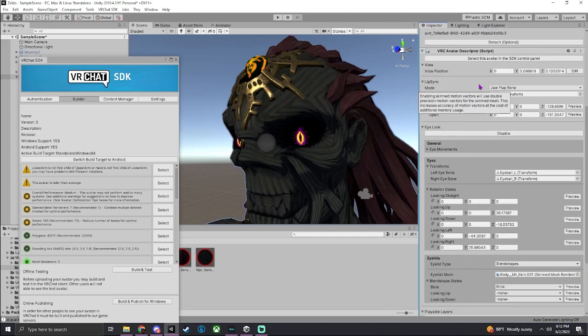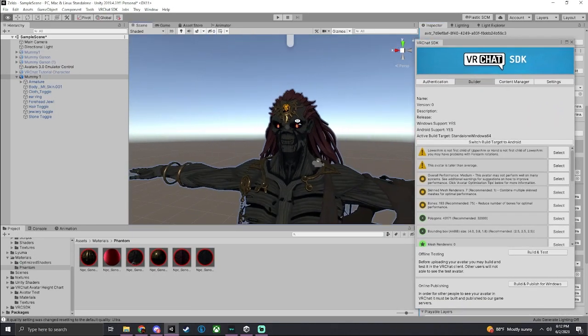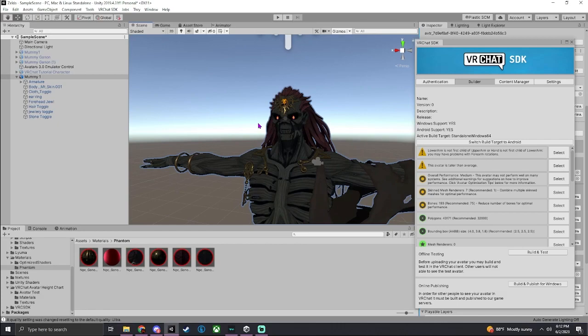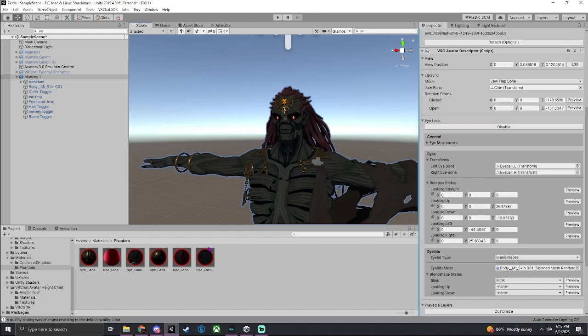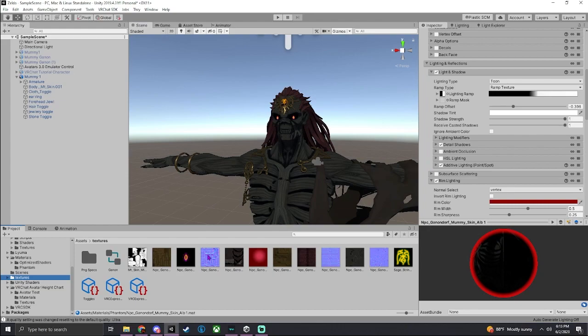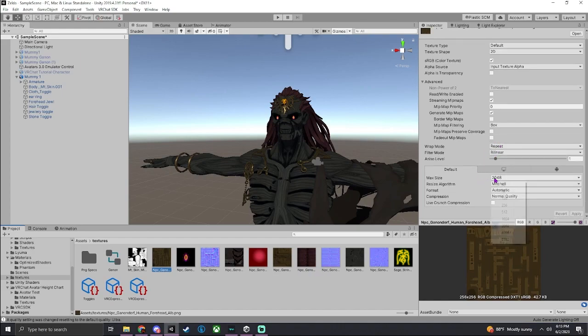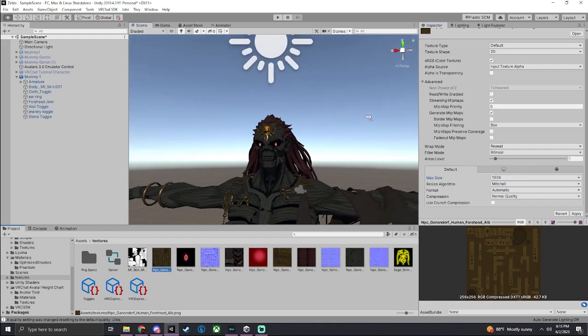And the uploading will be the exact same as PC. Again, switching target to Android does take a very long time. If you run into errors, like it says, cannot upload to PC, or cannot upload to Android, it's too big, the last thing you'll want to do is go to my textures. Let's say the normal map. Normal map is not even that big. See, these textures are very optimized for Switch, but you'd want to change either the max size or crunch compress, which I've been crunch compressing a lot, but sometimes I run into issues where it completely breaks the texture forever. So I'd say just lower the resolution down, and that will make it